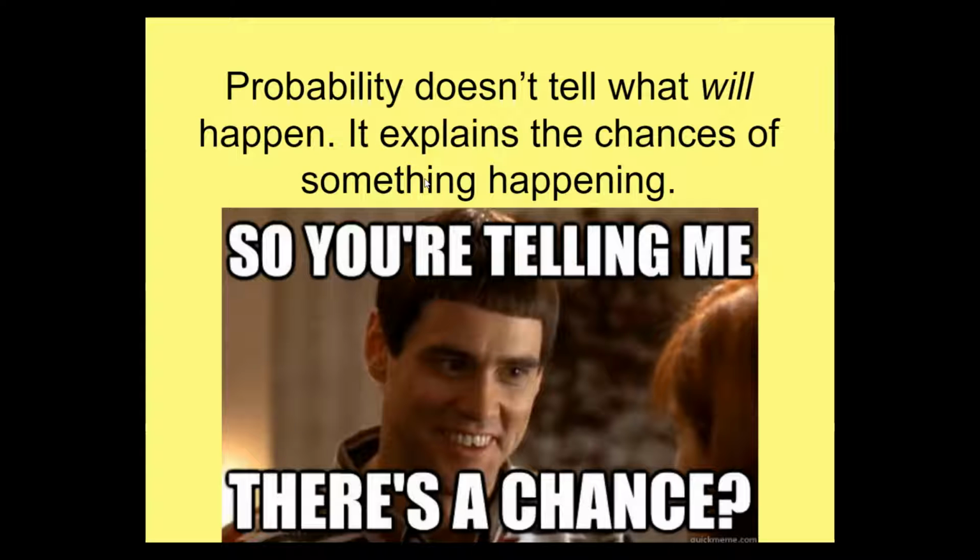Let's say flipping a quarter. Can I flip a quarter and get heads? What's the chances? 50%. Okay. What if I flipped a quarter 30 times? Heads? What about that 31st time? What are the chances of me getting